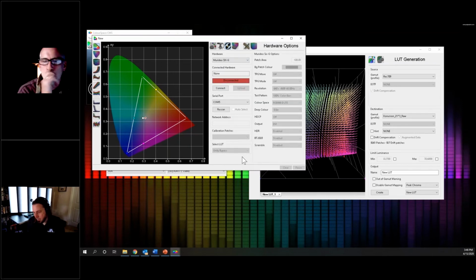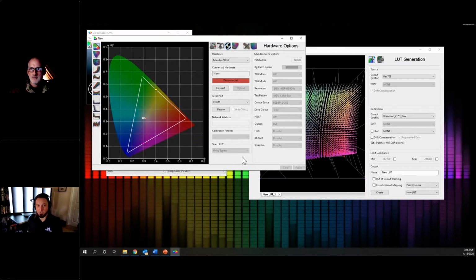David says, oh, I think I've got a decent answer for this, but I'd love to hear what you say, Steve. Could you explain why you'd want to have your patches full screen when the probe seems to be only measuring from the location it's at on the monitor? Yeah, go for it. So a lot of that, David, has to do with the type of display it is